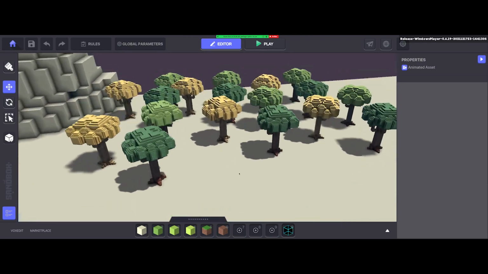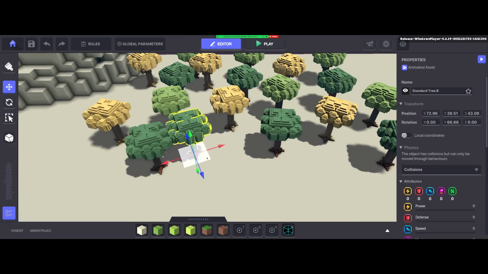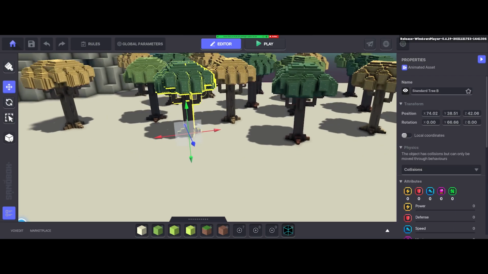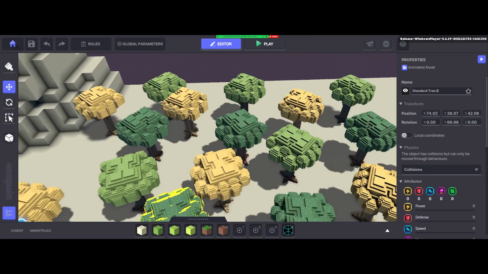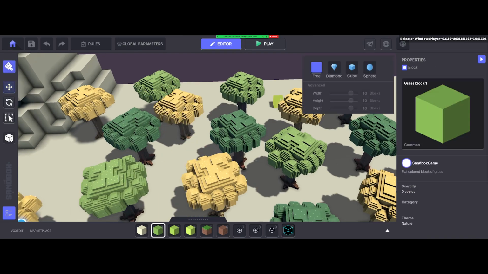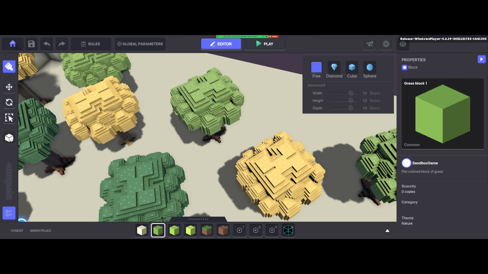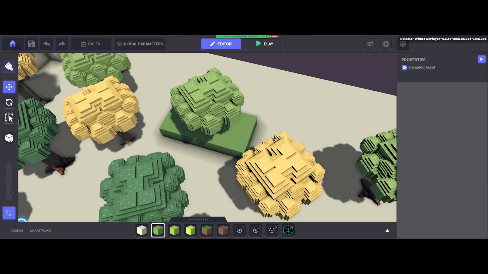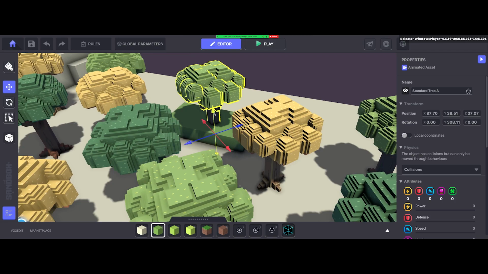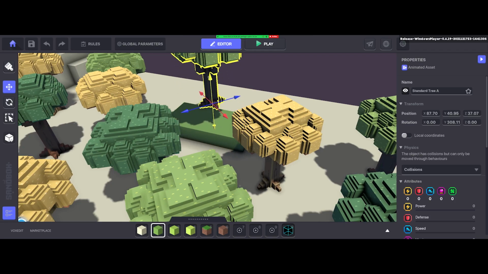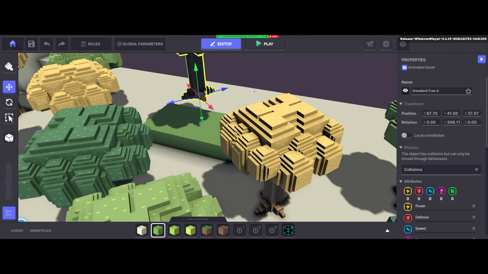And if you want to have something even more organic, you can take one tree and put it underneath the ground, like this one. And let's say you want one to be a bit higher, so let's add a little bit of block. It's perfect because doing so, I will introduce you to yet another quite